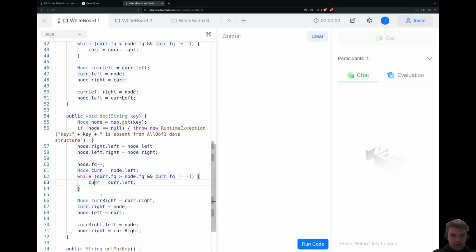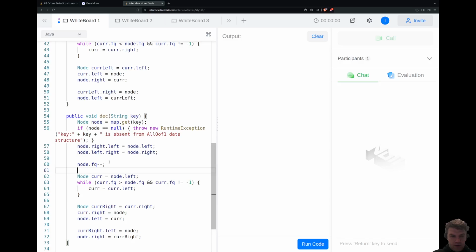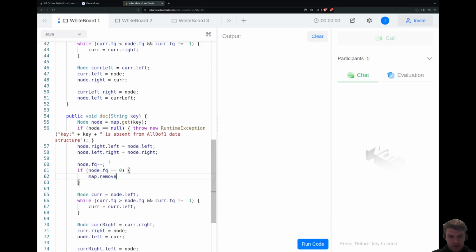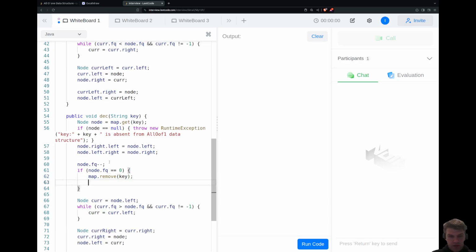And then we need to check if the frequency becomes 0. If node frequency equals 0, we need to remove the key from the map, and then we need to return